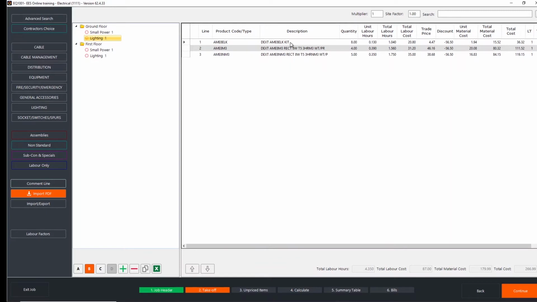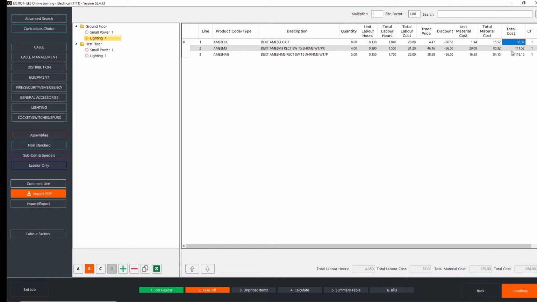I can see all of their information on screen. So I can see the individual unit hours plus the total labour hours, and then that's set against my £20 per hour we set up in the job header to tell us actually what our labour cost of fitment is going to be. Then over here, further along to the right, you can see the trade price of these materials, what discount we're currently getting to give us our individual net rate, plus the total material cost and total cost